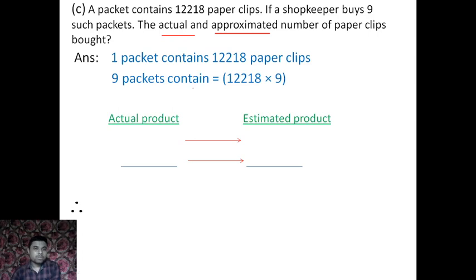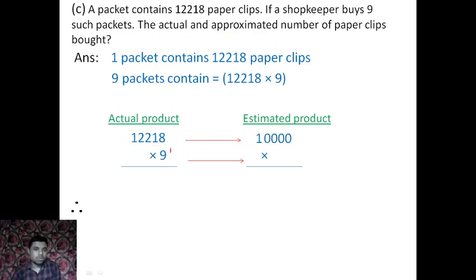Okay, so first write it. Now what is the rule for estimating the product? Here we have to round both numbers to their highest place. So what is the highest place of this number? 1. Okay, so right side of 1 is 2. 2 is less than 5, so 1 will not change. So 1 will be 1. And how many digits here? 4 digits, so 1000. Is it clear?